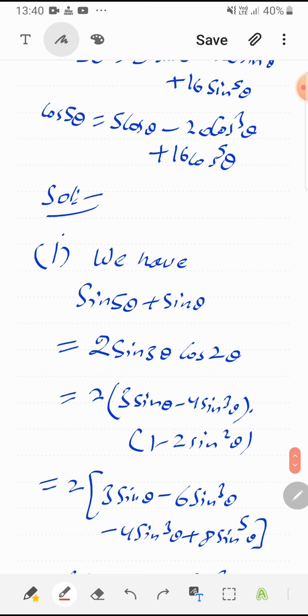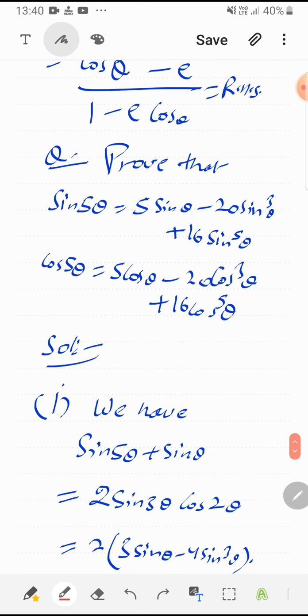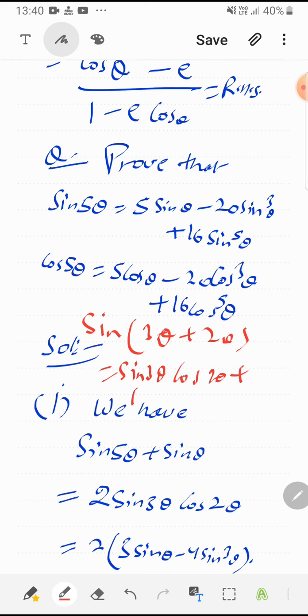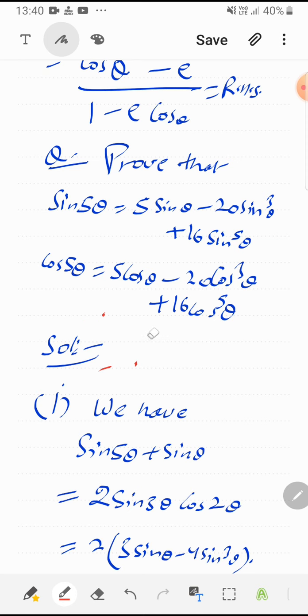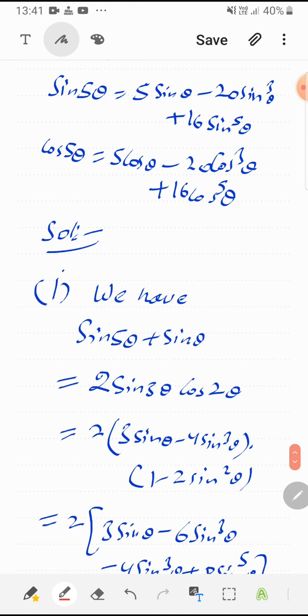Now first way to prove this question is, one obvious thinking comes in mind that we should write sin (3 theta plus 2 theta), then we should apply the formula sin 3 theta cos 2 theta plus cos 3 theta into sin 2 theta, then we should replace the value of sin 3 theta, cos 2 theta and so on, and then open the bracket. So this is not a bad thing to start with, but the point is that by this we can have some lengthy calculations. So a different start I am doing here, you can try this as another method.